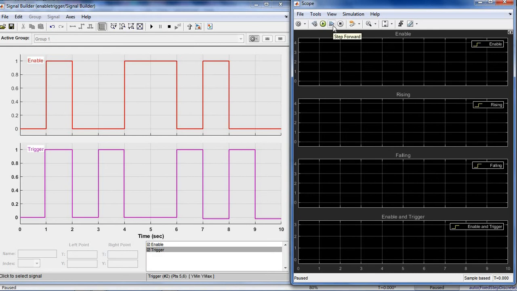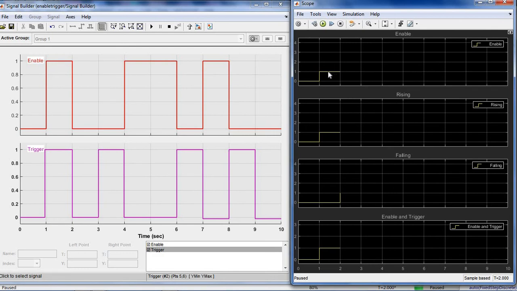At the first step, the input is 0. So enable is also 0, rising is also 0, falling is also 0, and enable and trigger is also 0. At the next step, enable is incremented to 1, because from 1 to 2 it is high.